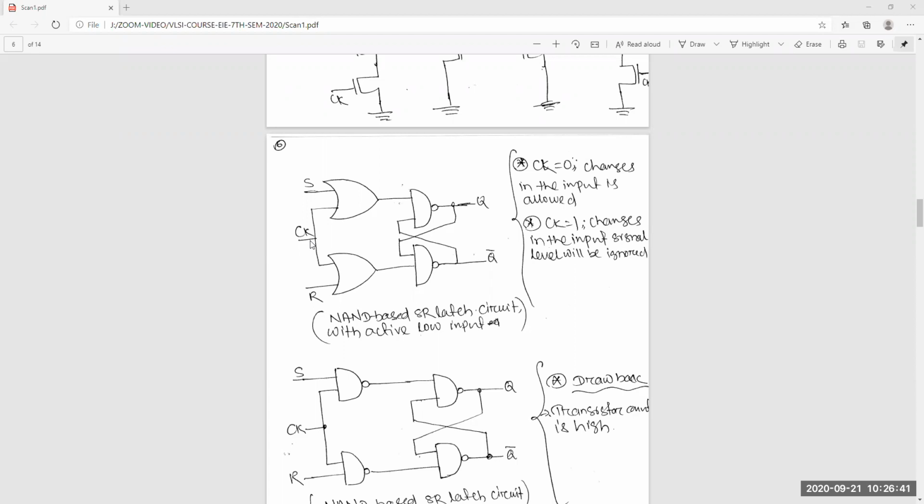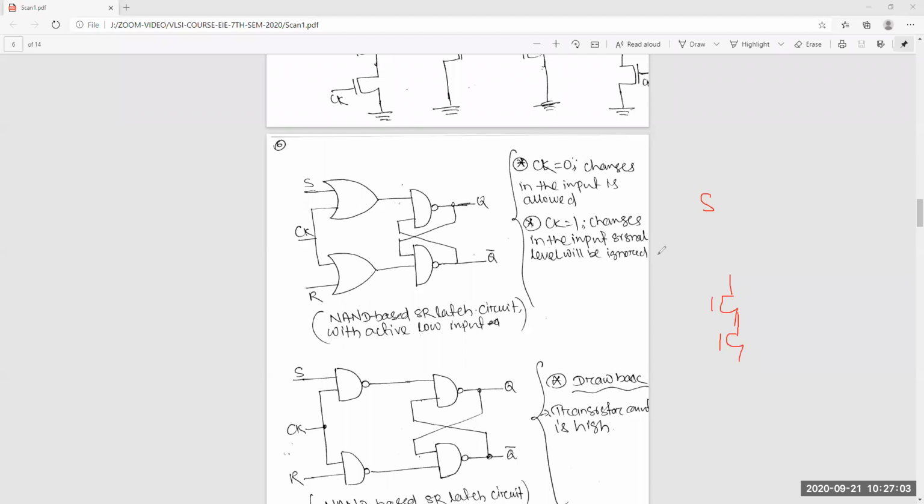So here it's like this. This is S and clock, which will be 2. Then this is your output.